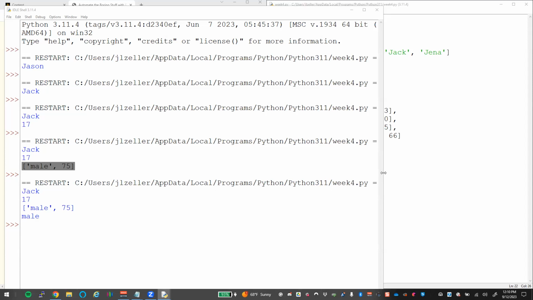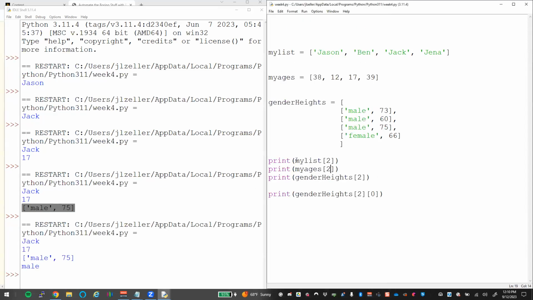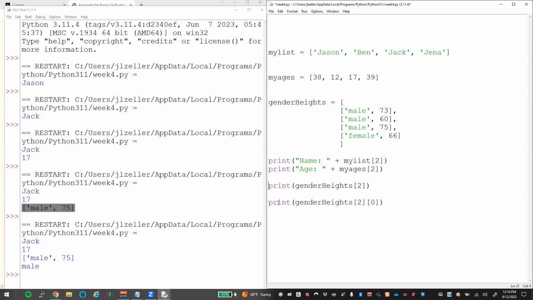So to make this a little easier in our print statements, we may want to concatenate some strings in here that make some sense, right? So we could say name, colon, space, plus that. We could say age. That. For this one, I'm just going to leave that information. And if we specifically want gender,